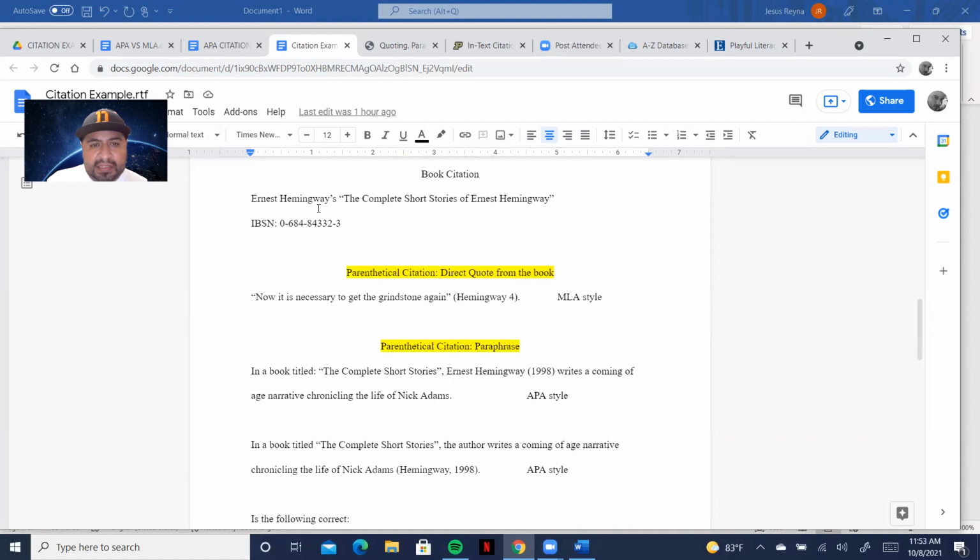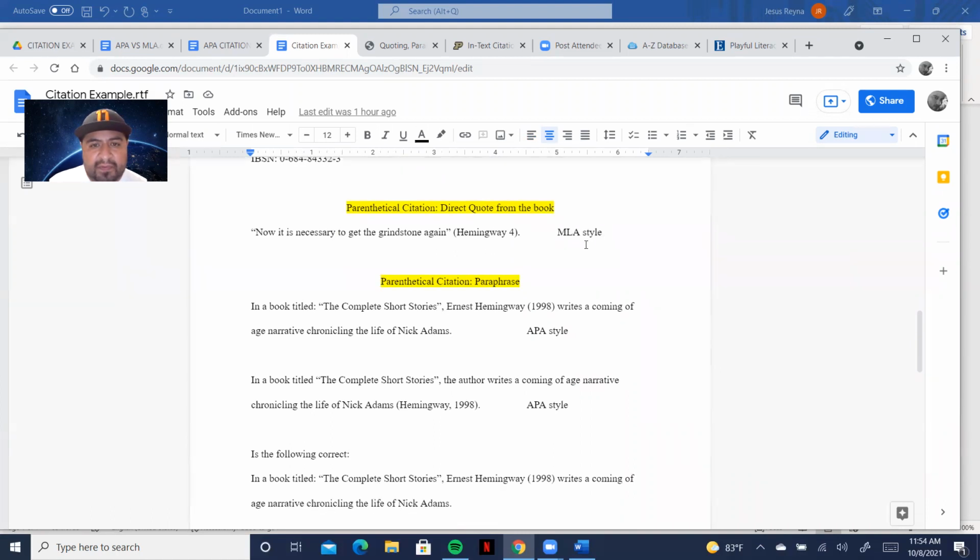So here we have Ernest Hemingway's The Complete Short Stories. This ISBN number, a lot of the sources that you will encounter will have this number. It is an actual source number for anything, right? So as long as you have that number, you can find that article, book, or whatever it is that you're looking for. So again, here we have an MLA style formatting, a direct quote from a book,